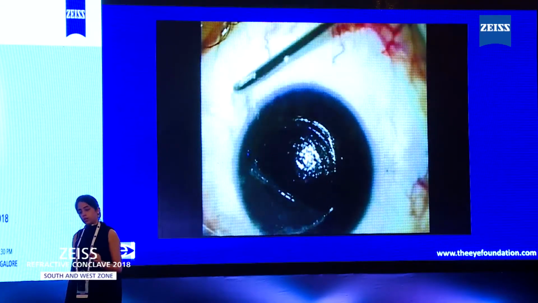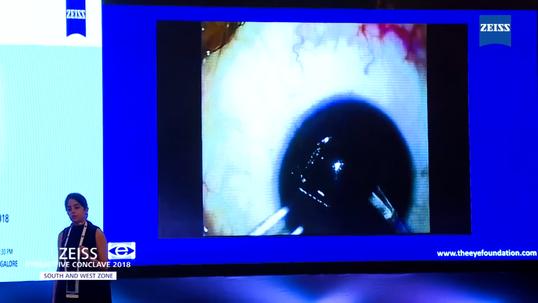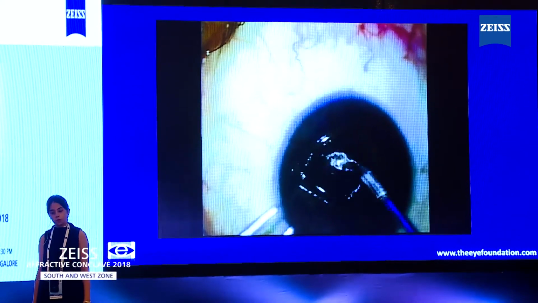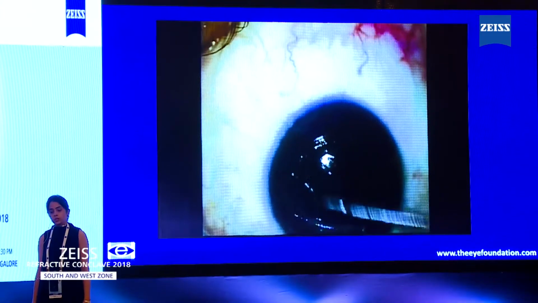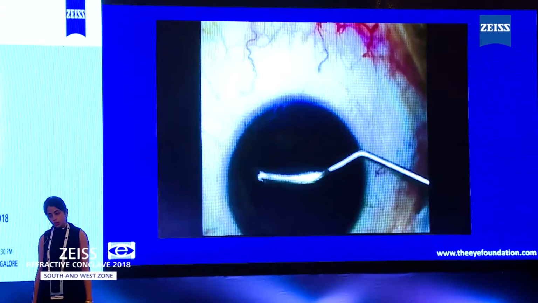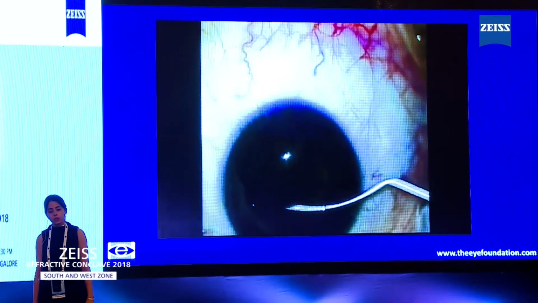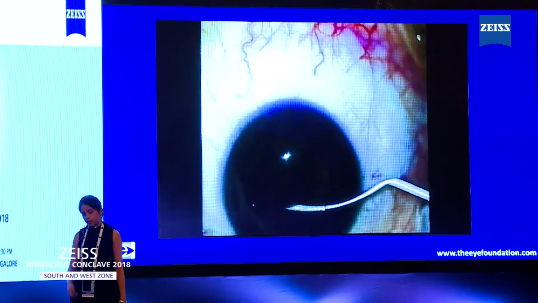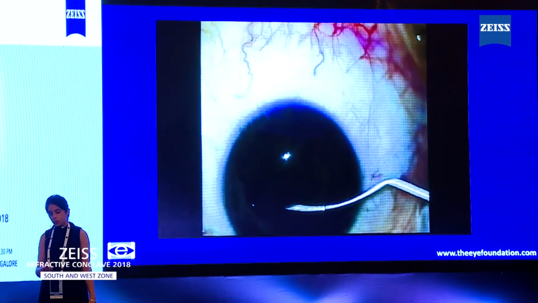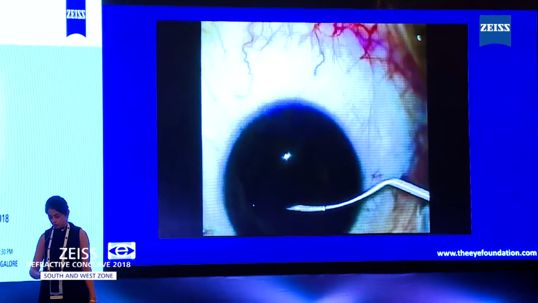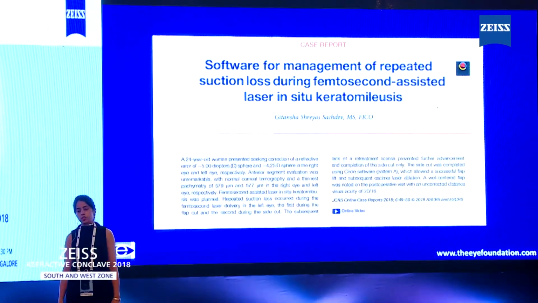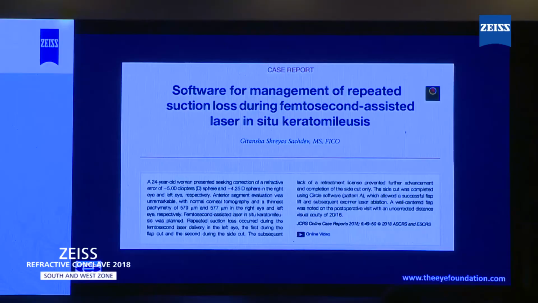Another important thing is to ascertain the complete removal of the lenticule. You can see that there is a small sliver of tissue which is missing from the lenticule. This was subsequently removed, the interface was washed, and the flap was repositioned. The patient did well with a well-centered flap on postoperative day 1 and an unaided distance vision of 20/20. So this was another interesting case. Although it is an interesting case, it's probably a rarer case that would occur.